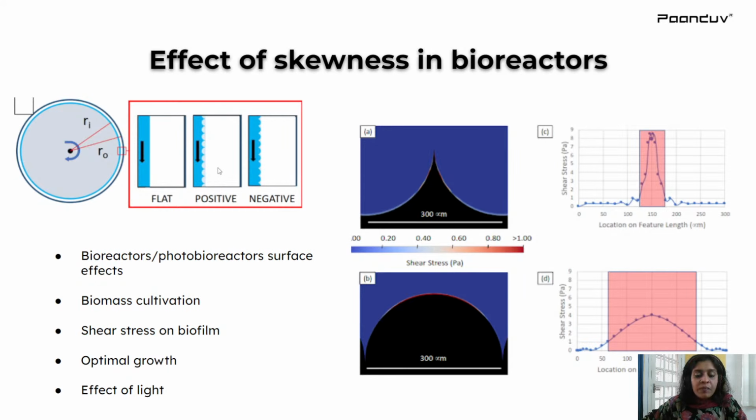which will be the advantageous surface, and where the shear stress will be high, where the shear stress will be low. So all of those aspects we wanted to understand, and through this particular image you can see that corresponding to positive skewed surface, the shear stress is much higher compared to when the surface is negatively skewed. So in this form you can make minor modifications in your reactor, but you can get the higher efficiencies in